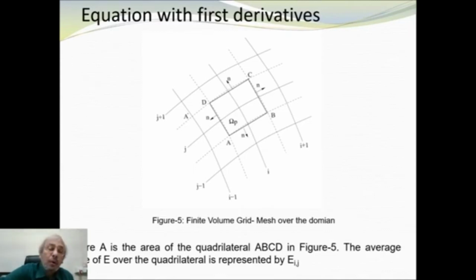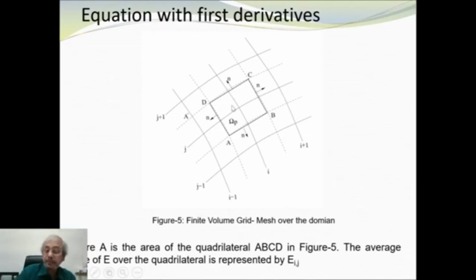So A is the area of this quadrilateral ABCD given here, and average value of E, you recall del E del T was the first term, and we said E is rho. So this is the average value of E or rho over the entire